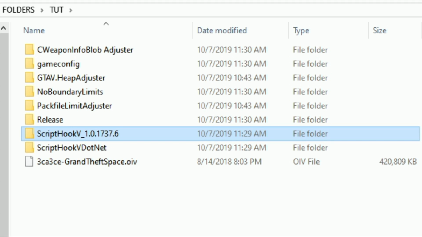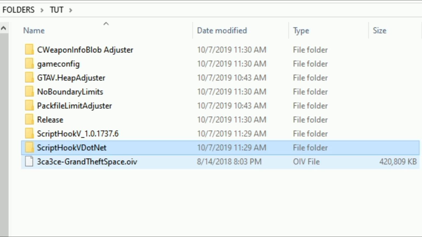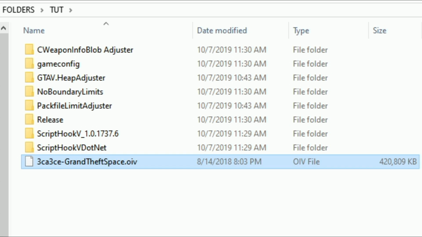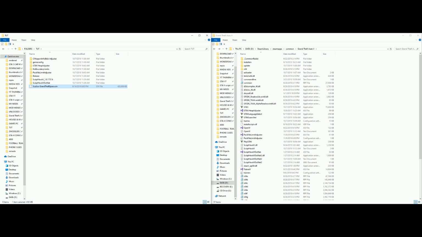Next up is Script Hook V, scripthookv.net, and Grand Theft Space. Okay, so when you download Grand Theft Space, it is going to be an OIV file, which is an Open4 package file. Okay, it's a very easy installation. All right. Now what we want to do is let's go ahead and start with over here on my right hand side. I have my Grand Theft Auto 5 directory opened up. Okay, so what you want to do is open up your Grand Theft Auto 5 directory,